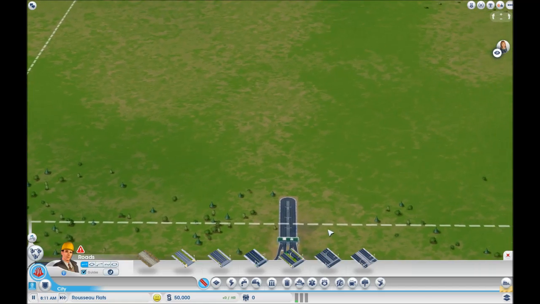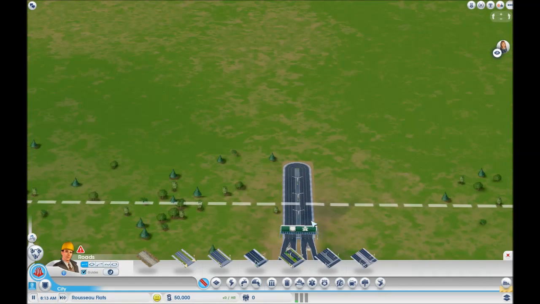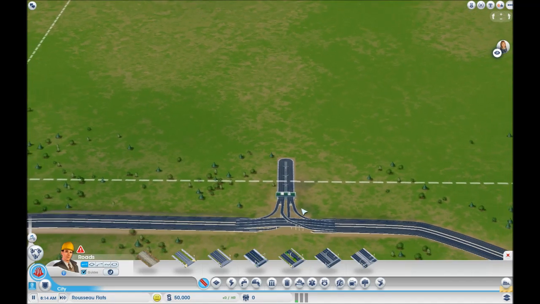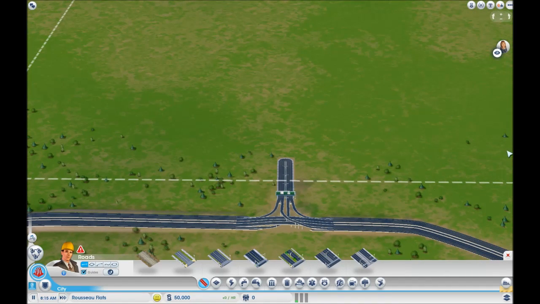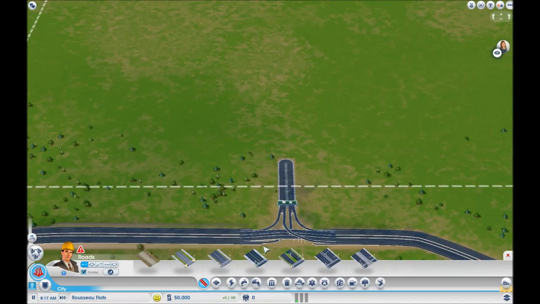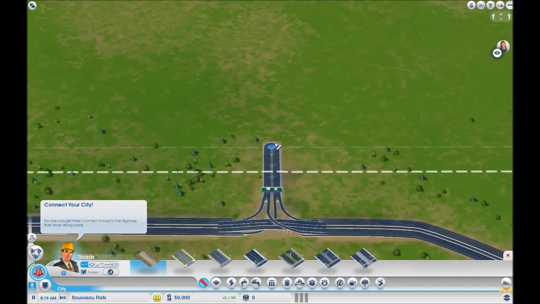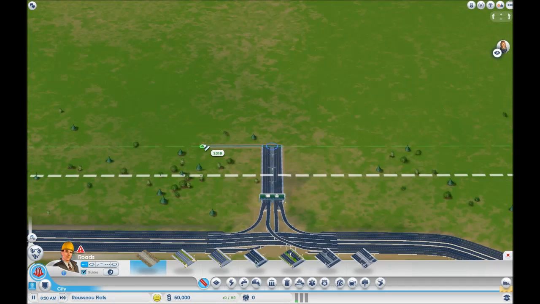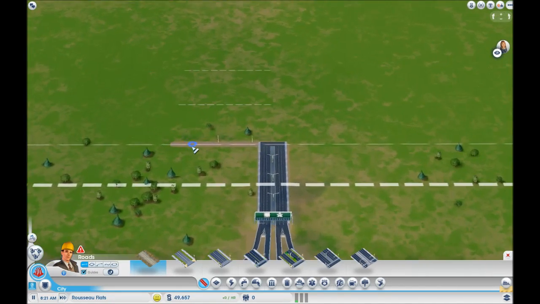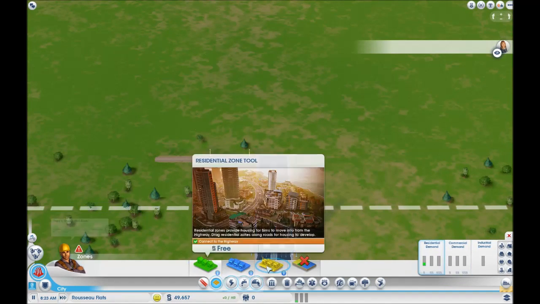So I think what I want to do here, we're going to have industry along this edge. I think what I want to do is put an avenue that runs all along this edge, and that's going to be kind of the backbone of our transport system. So a couple of things that I'm going to do first of all. I'm going to use this dirt road kind of as a guide, because I want to check here just how big our